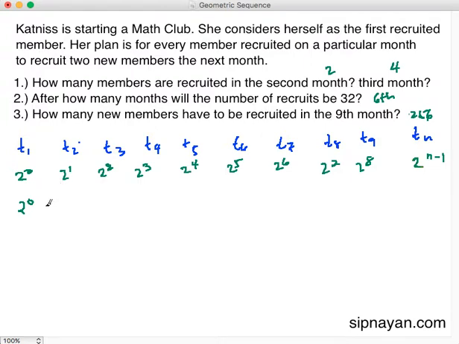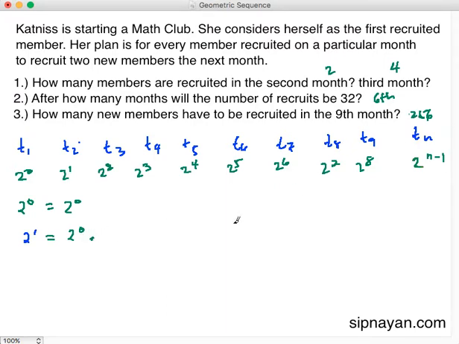Ang susunod na term natin ay nakukuha natin by multiplying, di ba? Minumultiply natin 2 times 2, di ba? 2 to the 0 times 2. Siguro mag-iba tayo ng kulay. 2 to the first power is 2 to the 0 times